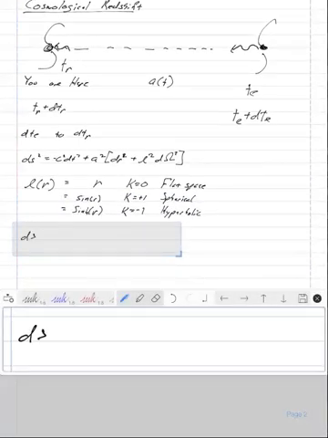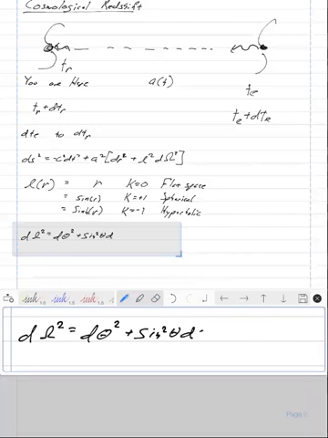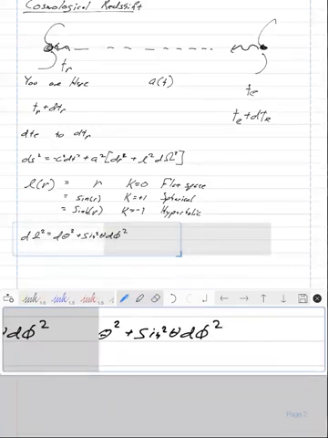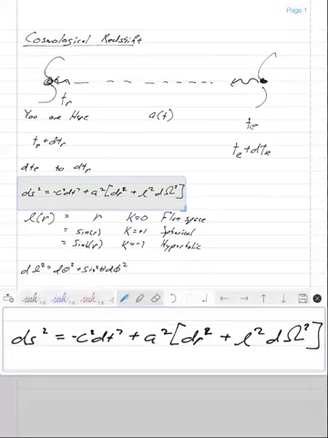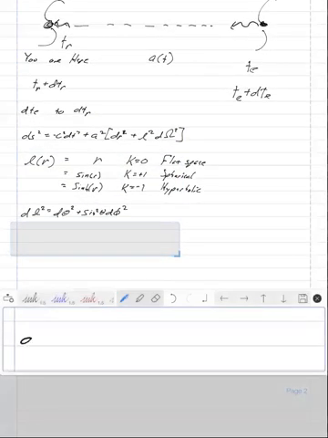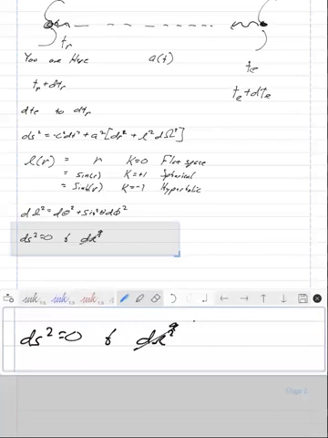And d omega squared is equal to d theta squared plus sine squared theta d phi squared, the angular portion. Okay, so we have the interval, and a light-like interval is one in which this interval is equal to 0. So if this is equal to 0 and we only consider motions in the radial direction, so d omega squared is equal to 0,